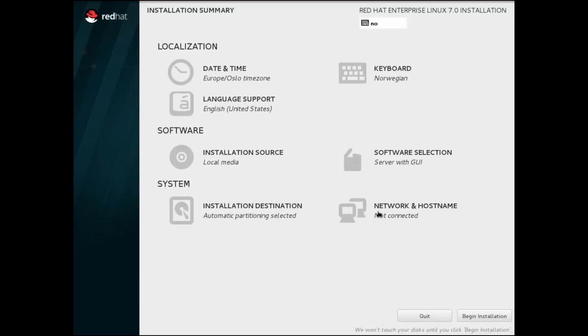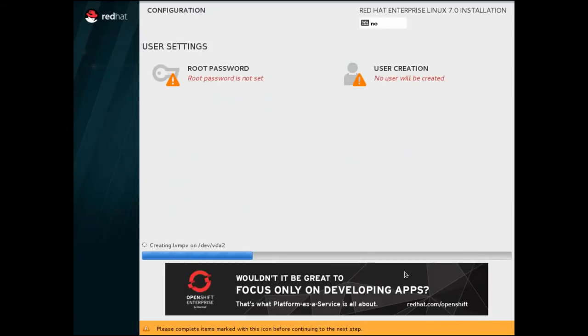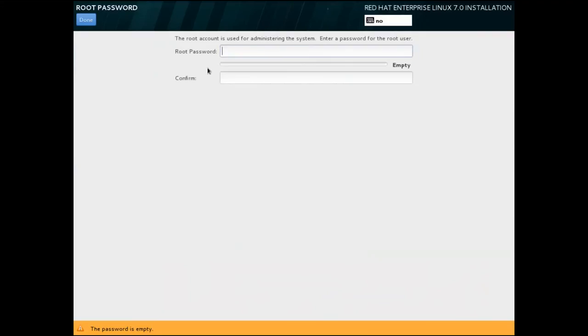At this point we see no further exclamation mark, so that means that we should be all set to click on begin installation. And if we do that, we see the system trying to create the partitions, the necessary partitions as dictated by the automatic partitioning option. A couple of things that we need to set here, final things, is the root password